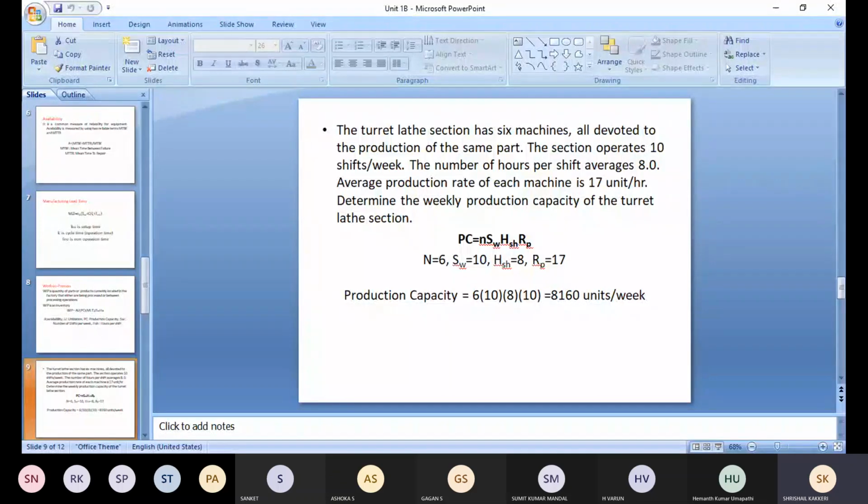That will be called integration of operation. And the next one, increased flexibility. The flexibility will be increased. That means for any machine or any system, if any small changes are required, it must be flexible enough to change its configuration. So that is increased flexibility. The next one is improved material handling and storage.